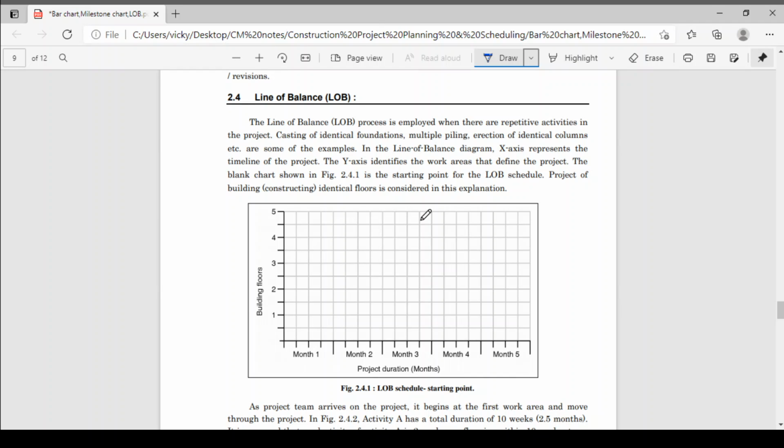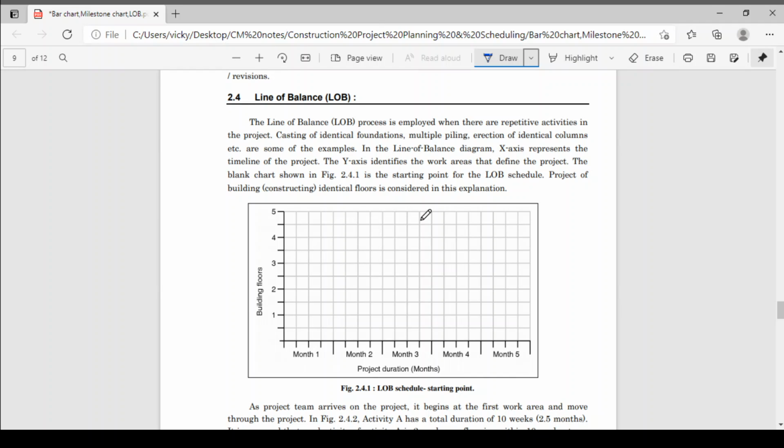Again, I will show you some examples. You have to do the flooring on different floors. Suppose there is an apartment where every flat is the same, so you do the flooring for one flat on the first floor, then the same flooring on the second floor, third floor, fifth floor. This is repetitive work.